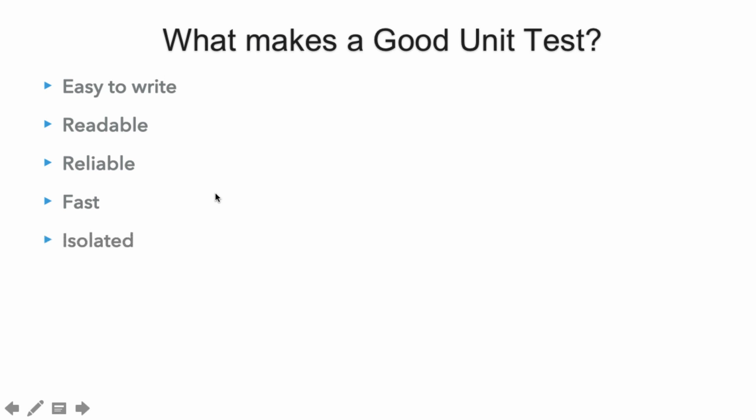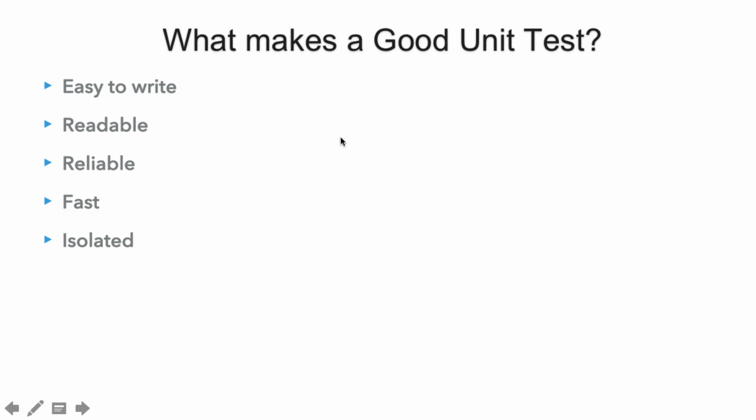The last characteristic of a good unit test is it should be isolated. So friend, let's say if you want to test a particular class and that class is dependent on external services such as database, over network calls, or any other external services which takes in time. Those are the external factors and they may take time to bring back the results. So if they are consuming much time, then the unit tests are no longer fast.